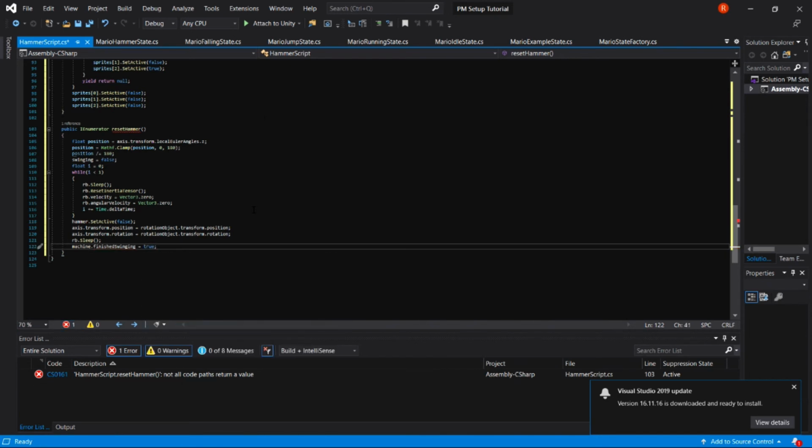So basically, a lot of this stuff at the end here is just to make sure one final time that the hammer isn't rotating anymore once we've actually finished swinging, because sometimes it'll do some weird things once we set it back to the original position. So we set it to sleep again,